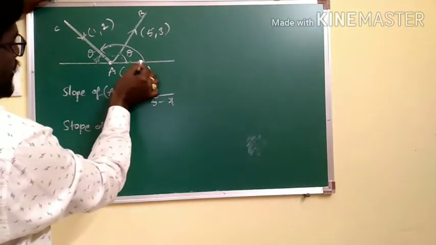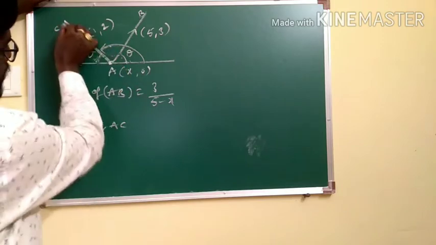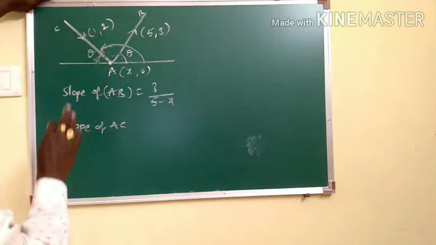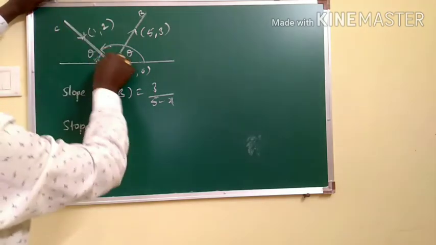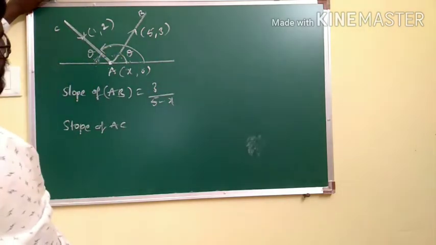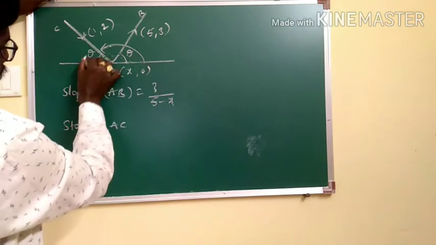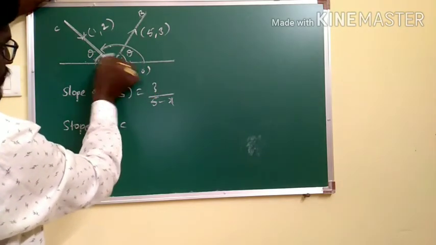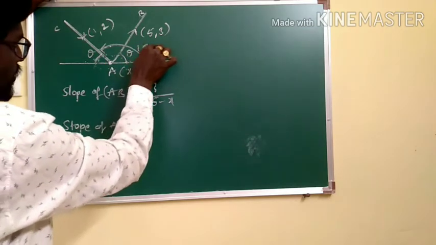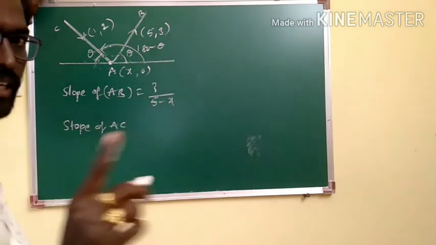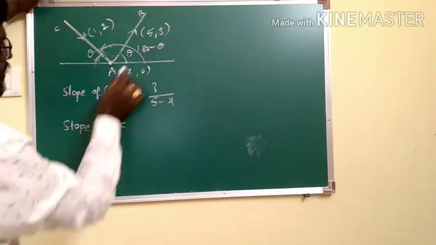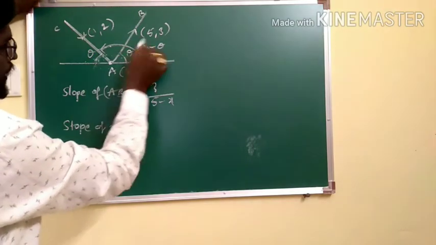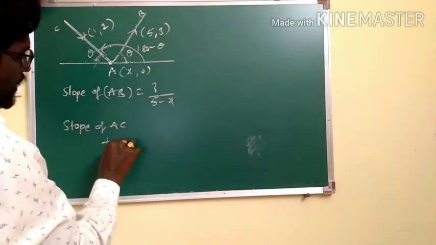Because we are talking about the angle made by this particular ray. So what angle is made by this particular ray with the positive direction of the x-axis? This particular angle is 180. Okay, and this is theta, so this angle is going to be 180 minus theta. With that knowledge you are taking, I repeat, this complete angle is 180 and this is theta, so this will be 180 minus theta. So tan 180 minus theta